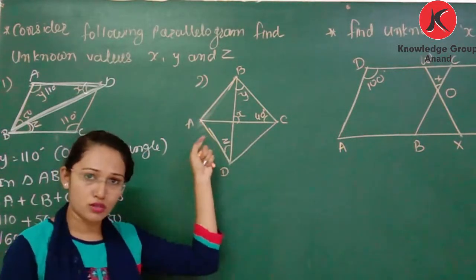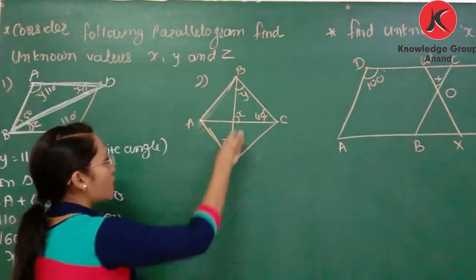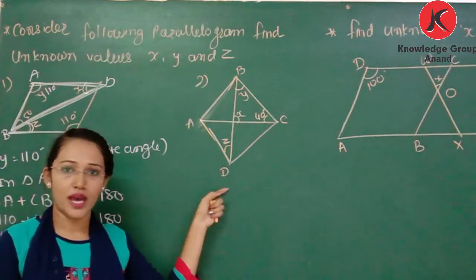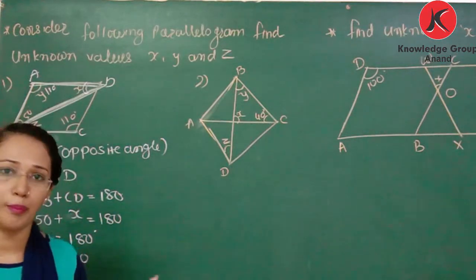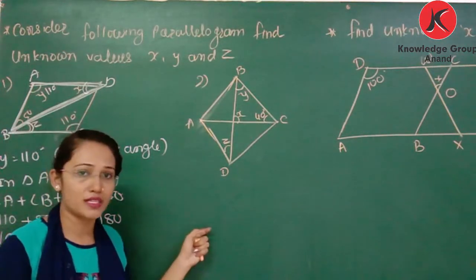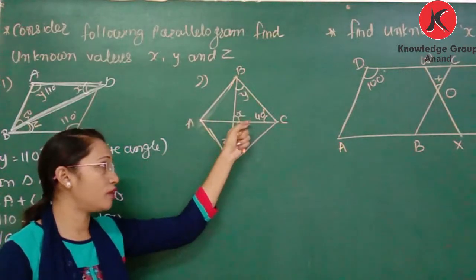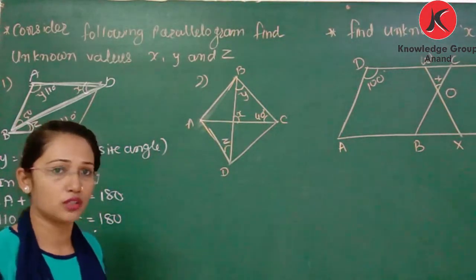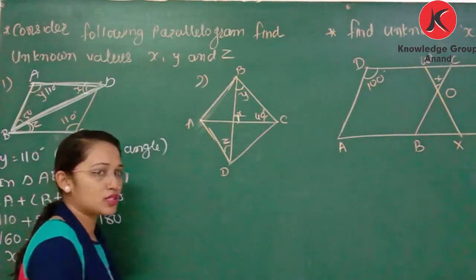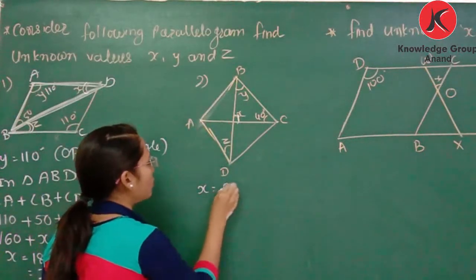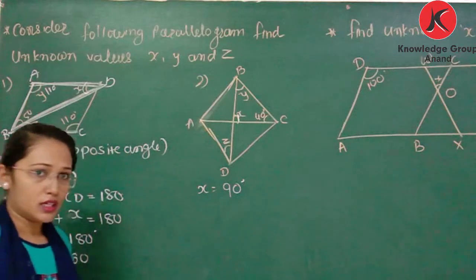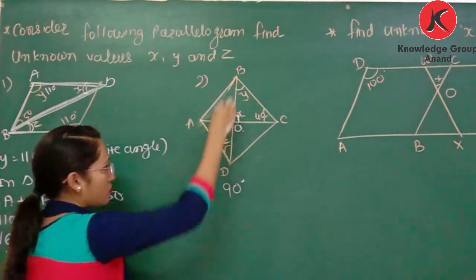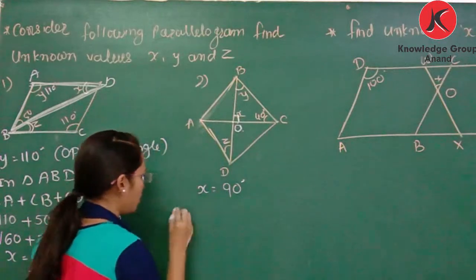Here we also solve this kind of example. So what is the value of x? You can see this is a rhombus, and we know that the diagonals of a rhombus perpendicularly bisect each other. It is already seen that angle x is 90 degrees because they are making a right angle with each other. Diagonals meet at right angles. So we can write x is equal to 90 degrees. Now you can give the names. So again this is triangle BOC.